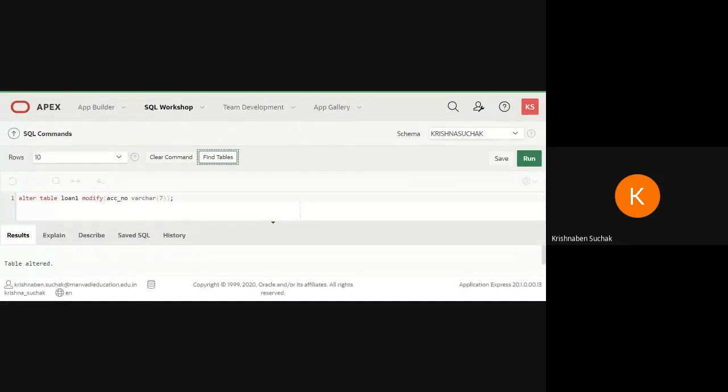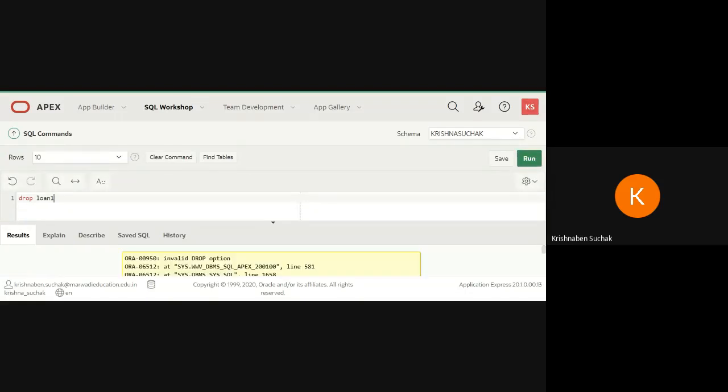Now see, whenever you want to delete the table, or you can say drop the table, at that time you just have to write the table name. For example, drop, then my table name, that is loan1. Okay, then I will go for run. Drop table loan1.